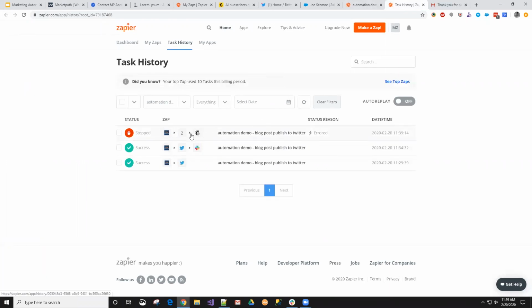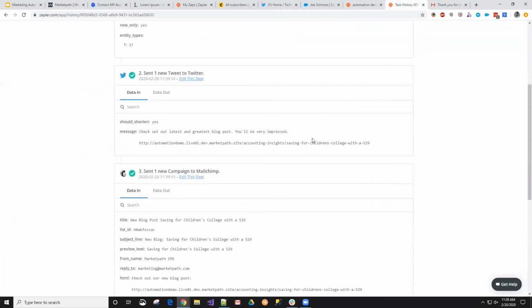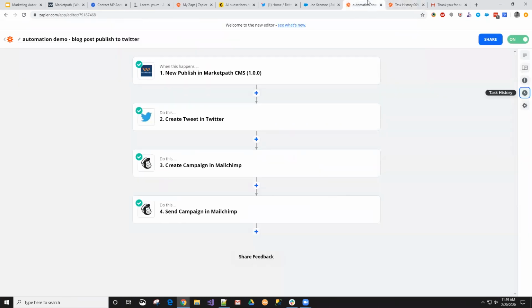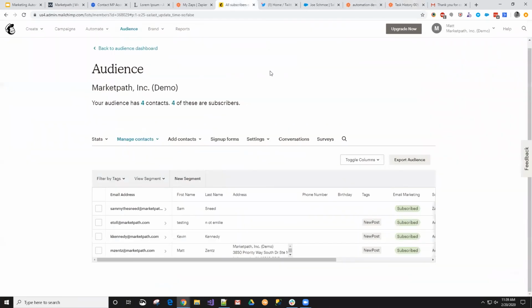So we got 2 in here. So this is the big one. Oh no, it stopped. Something happened. Hit an error. Didn't like it. Cannot send this campaign because it's currently sent. So if we go into our campaigns here,